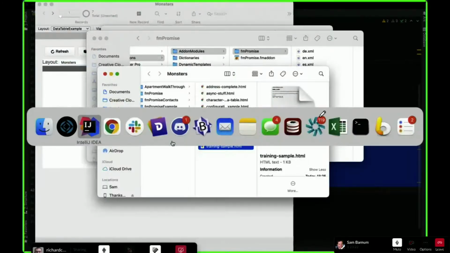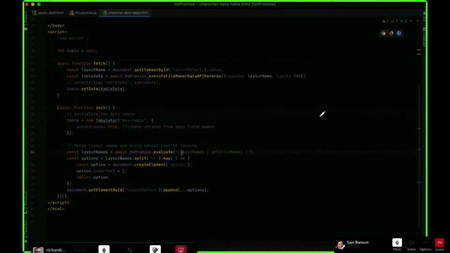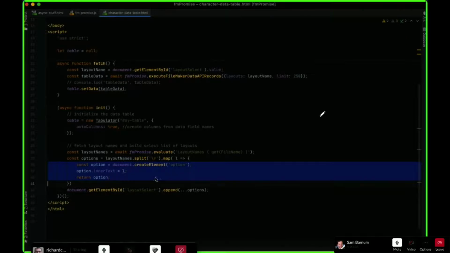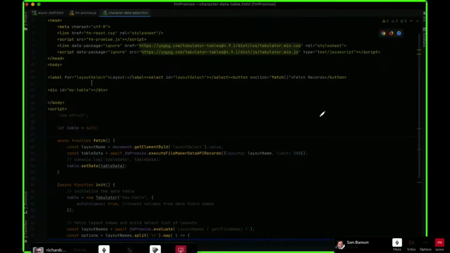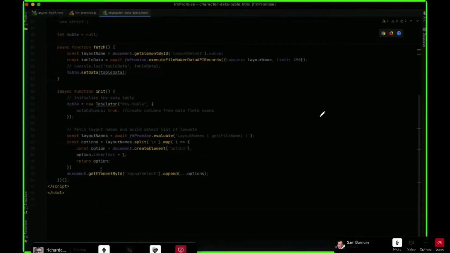So we're getting that list of layouts via this evaluate function. We're calling this from within JavaScript. We're saying layout names, and then we get file name. Then we just split that on the carriage return, and we build an option for each one of those to put in our form back up here. So hardly any of this is actually the data table.